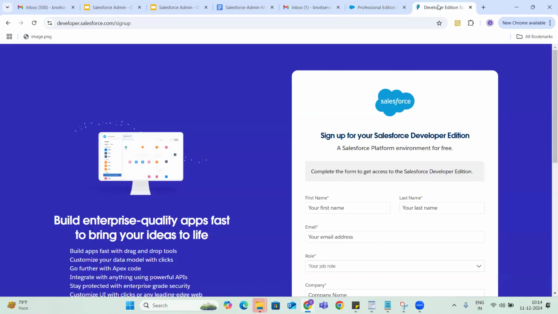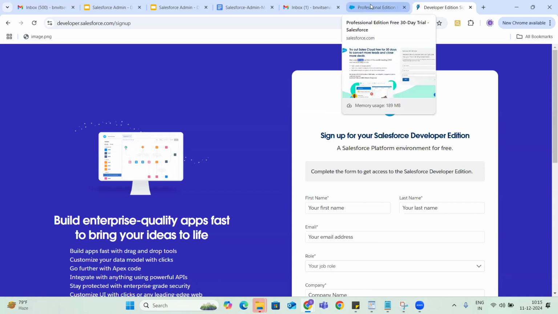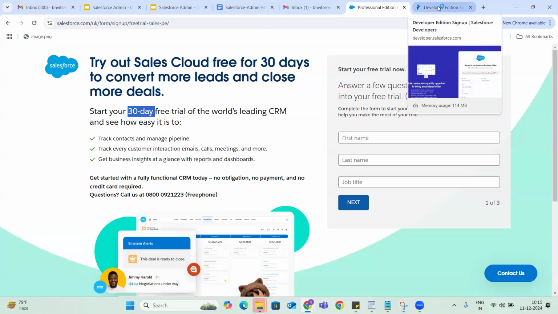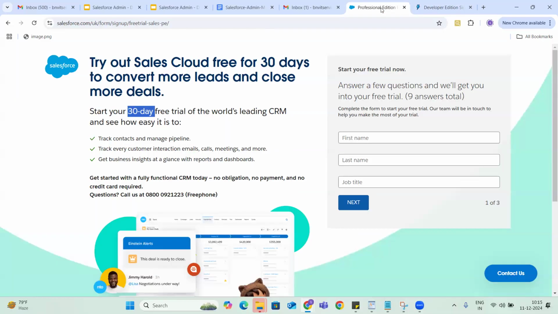But the developer edition that you are going to create is available for a lifetime. I have been using my developer version for the last 15 years, guys. You create your developer version so that you can use it for your entire career. Trial versions are something different.